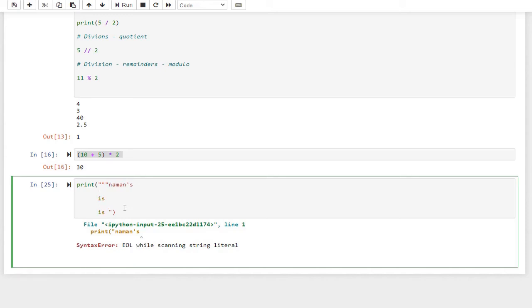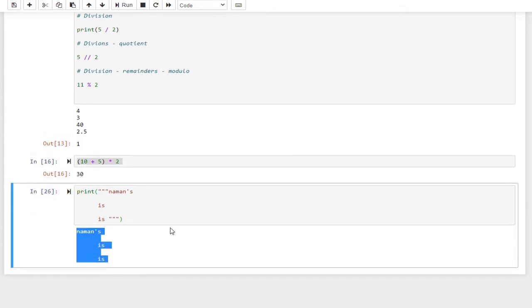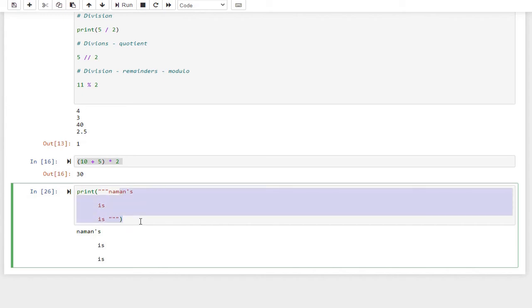Just use three quotes here, and you can see this is so simple. Just use triple quotes. So we have got double quotes, triple quotes, single quotes. This is the use of double quotes and single quotes.